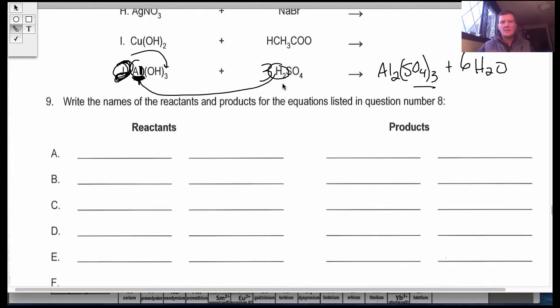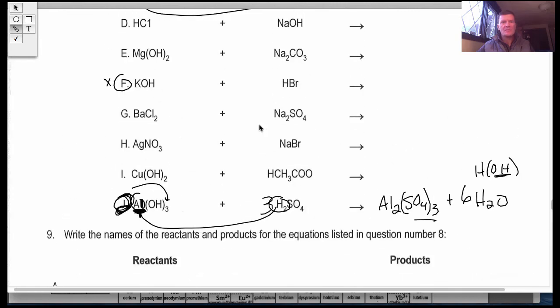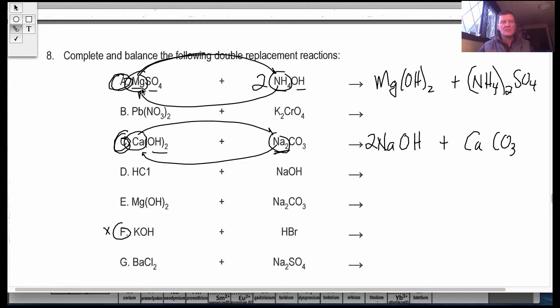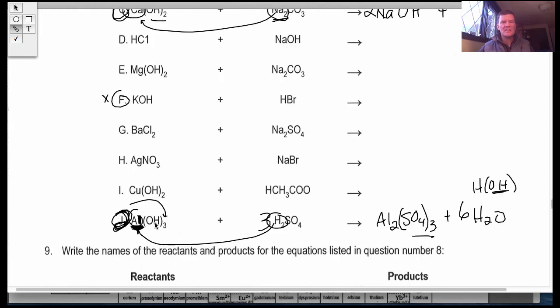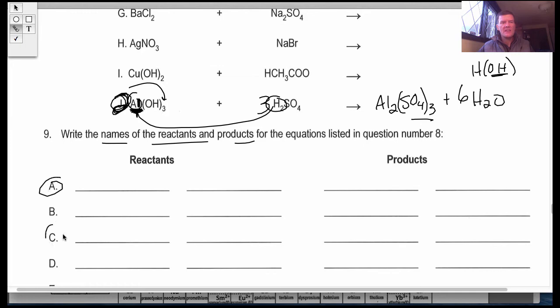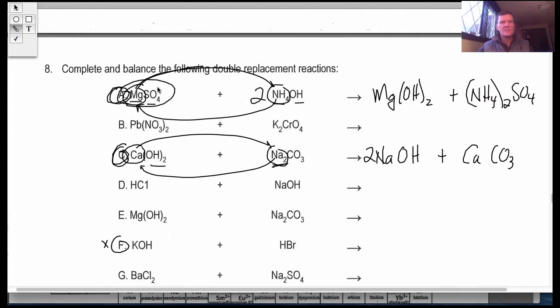Okay, we're only going to write the names of a few of these. Let's just write the names of A and C. So this is magnesium. I'm just going to say it if it's okay. We're going to save a little time here. We're just going to say the names and you can write it down for A and C. All right? So this is magnesium sulfate and 2 moles of ammonium hydroxide produce or yield magnesium hydroxide and ammonium